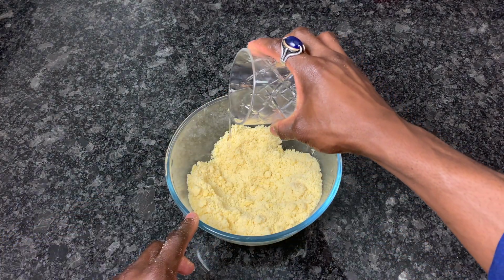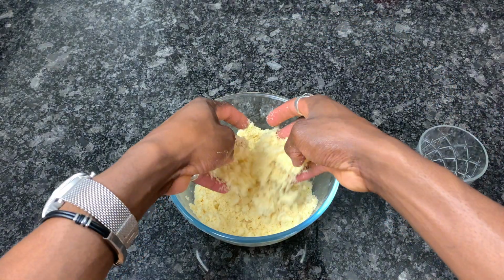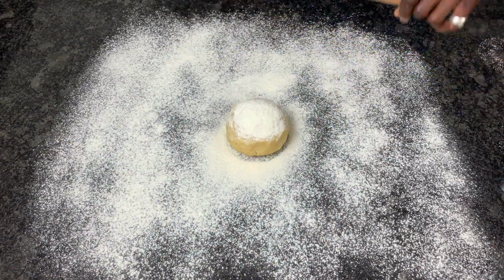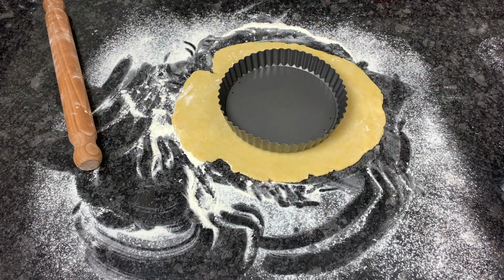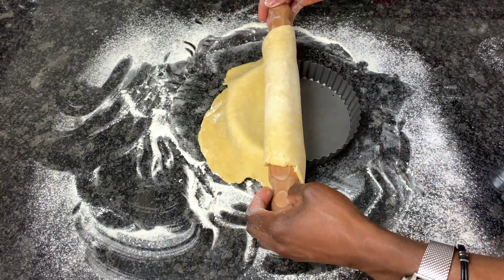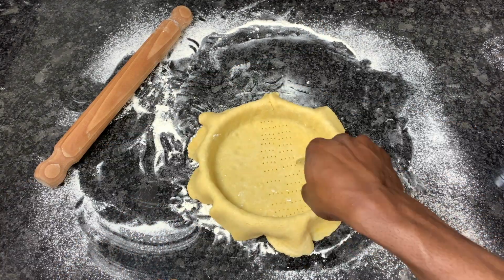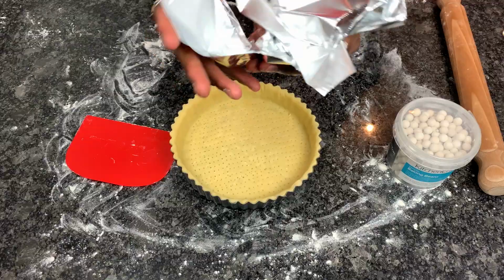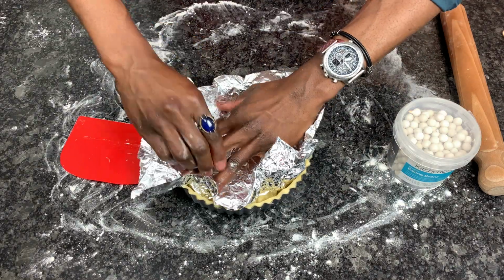With the yolk incorporated, add 3 to 4 tablespoons of cold water, then gently compress the mixture into a dough. Then onto a floured surface, roll out your pastry so that it's large enough to tuck into your tart pan. Pastry made, lay and tuck your pastry into your pan, and then with a fork prick the base, and then with a rolling pin cut off the excesses before covering with foil and baking beans or raw rice, and then